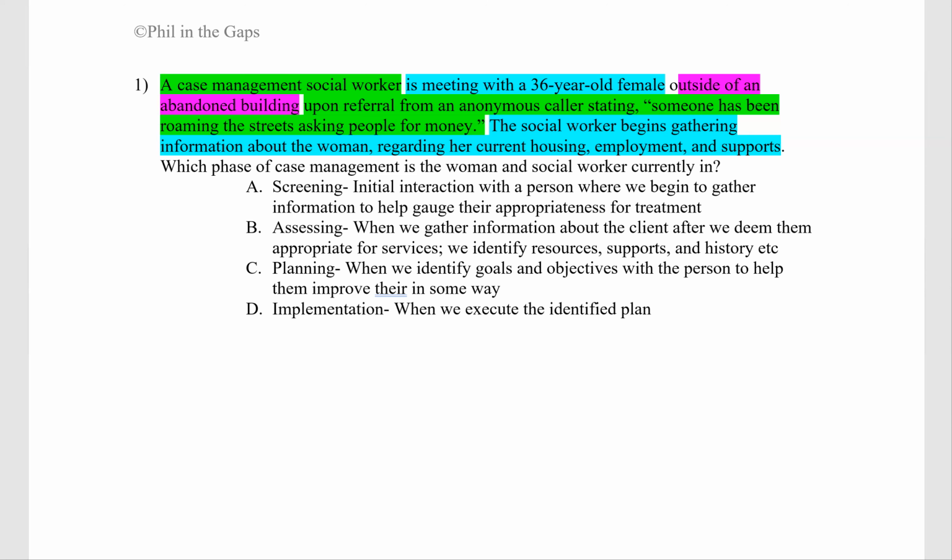So, quick review. Case management social worker, 36-year-old female, outside an abandoned building. Upon a referral from an anonymous caller, they stated that the person's roaming the streets asking people for money. We begin gathering information about the 36-year-old female that we're meeting outside the abandoned building regarding her current housing, employment, and supports. Keep that all in mind as we go through each answer choice. So right off the bat, we're going to rule out C and D. D, why? Because it's way too fast and we haven't really identified the client deemed appropriate for services or what